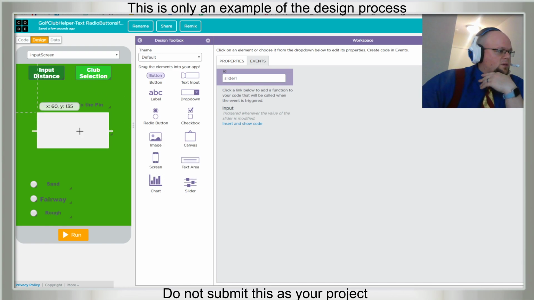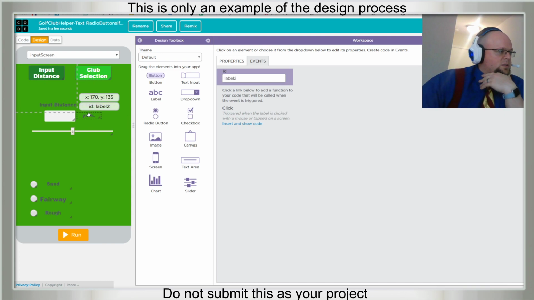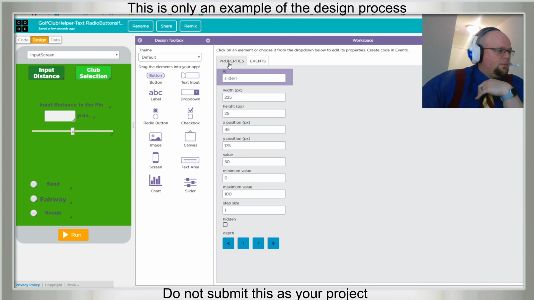So what I want is a text area that is going to show the user what value they've put in based on the slider. We'll call this one dist slider, not dat slider, dist slider, and we want its values to be from 100